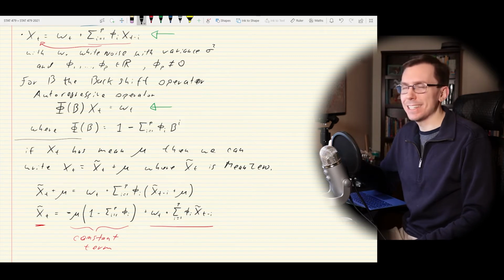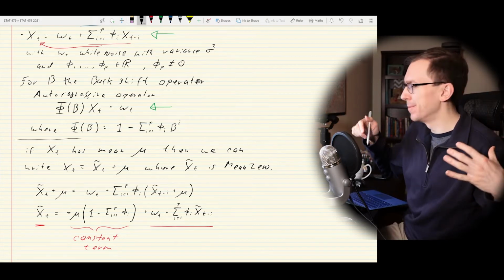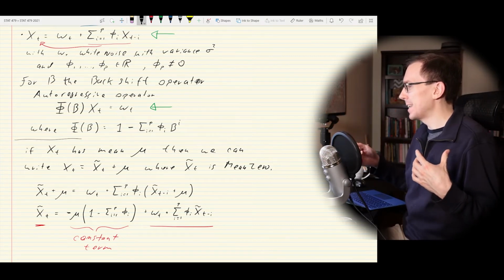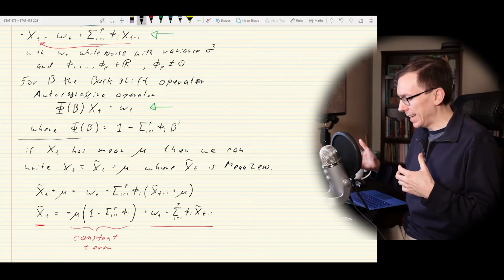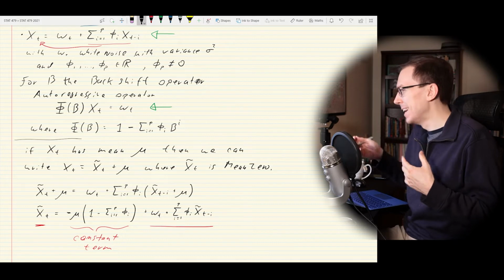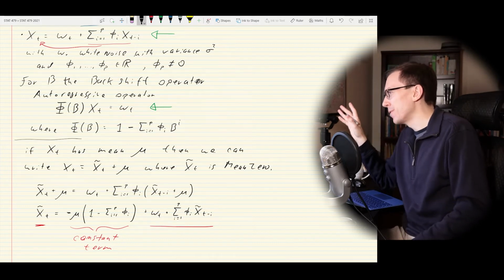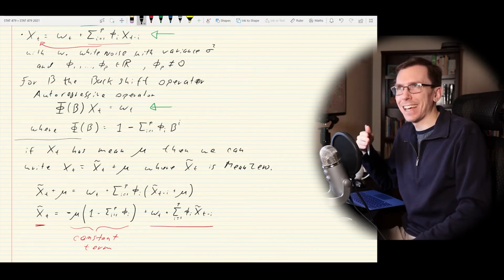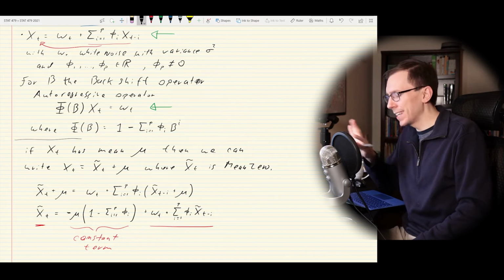So all it's basically saying is, yeah, we can shift a process by some mean mu, and the definition still works. It's just that we'd have extra terms to throw around, and it would get a little bit messy. So for convenience sake, we typically just ignore that and say, okay, let's just assume it has